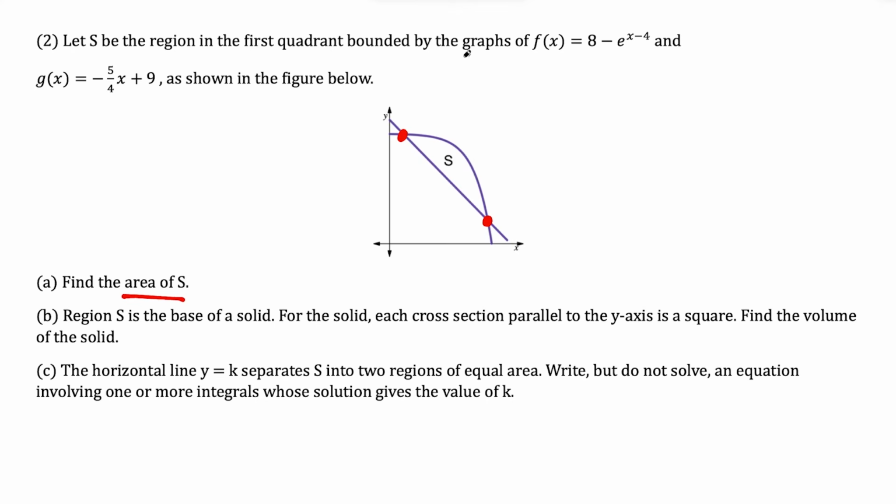is the bottom function. So looking at f of x and g of x, g of x is a linear function. So I think it's pretty obvious here that g of x is the bottom function. And f of x has the exponential function e in it. So that's how I know f of x is the curved piece on top like this. But we get a calculator for this question anyway, so we could always type this in to be 100% sure